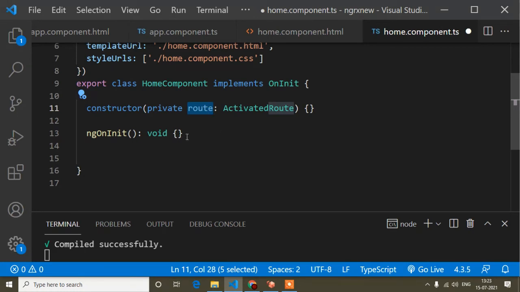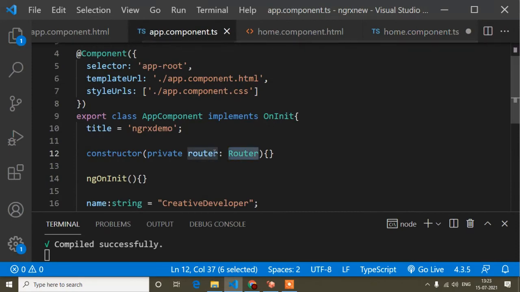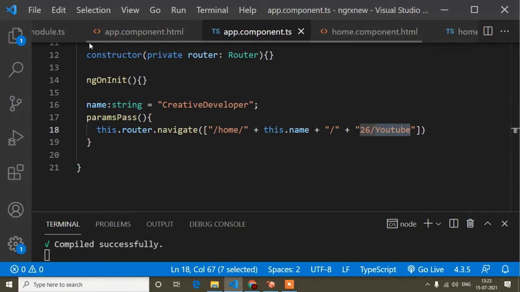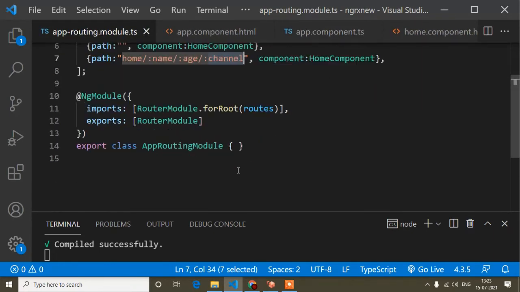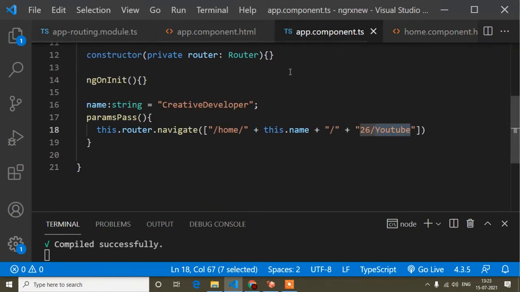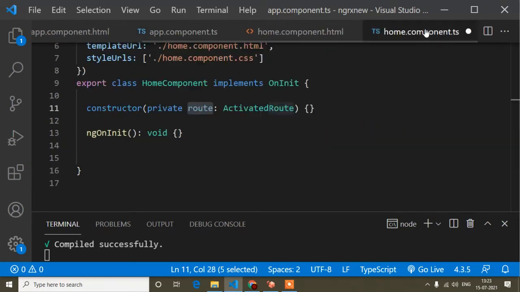Okay, and now guys, the main thing: whatever parameter values I have passed in our app component.html, that is name is creative developer, age is 26, and the channel is YouTube, and the parameters that I passed in routing, again I'm showing, that is name, age, and channel, and the values I passed from the app component, you can see here, that value I will get in the home component.